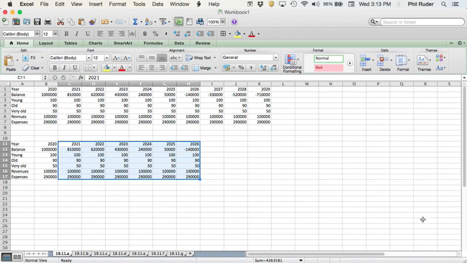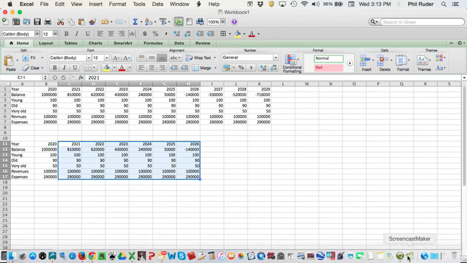Let me figure out how to stop this screencast. I'm using a little bit different technique so I can